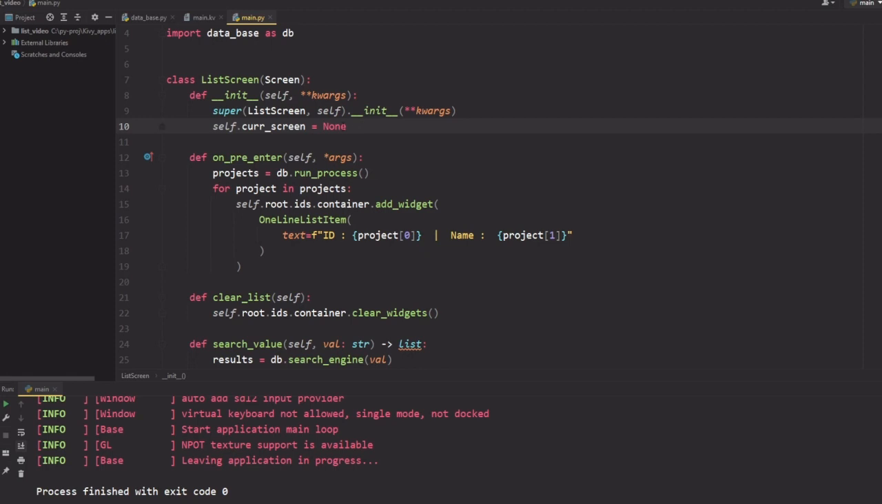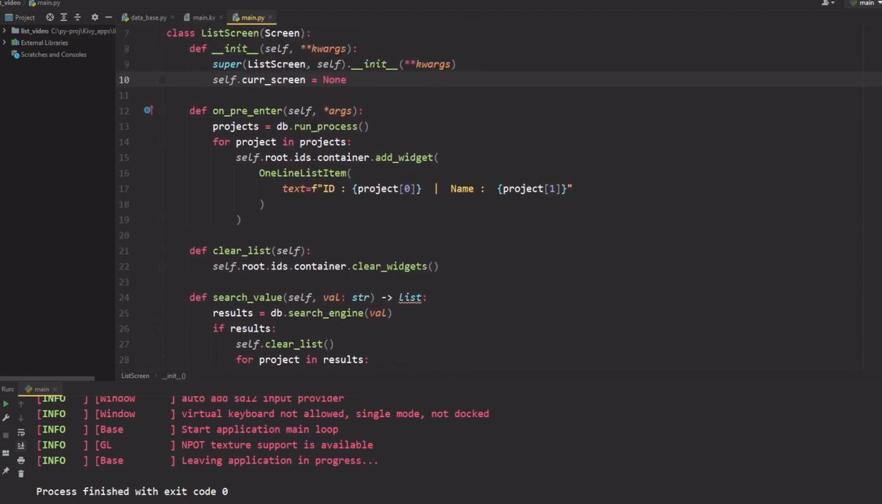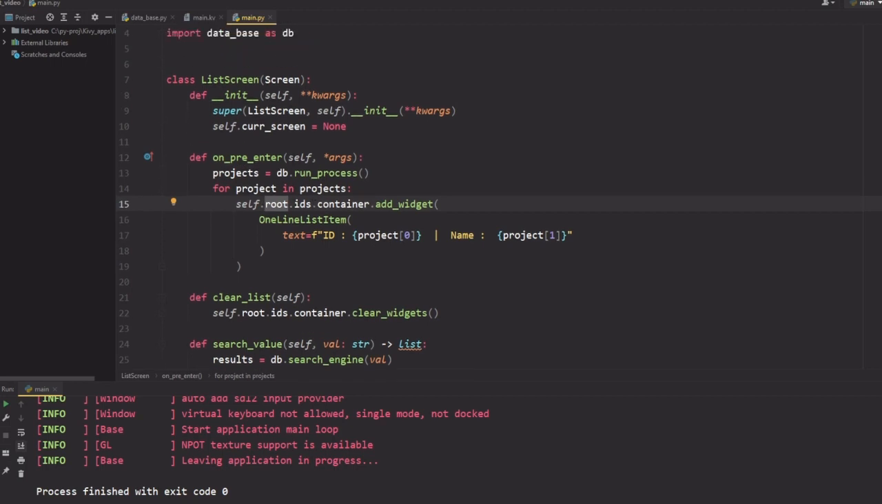It should be okay. Now let's see how we can change our function. So actually, what's going to change here is that on pre-enter, we are gonna run all those, and the problem is that now self.root.ids doesn't really link to the same thing anymore, and this is where we need to adapt self.curScreen. So my self.curScreen on pre-enter, I'm gonna update it